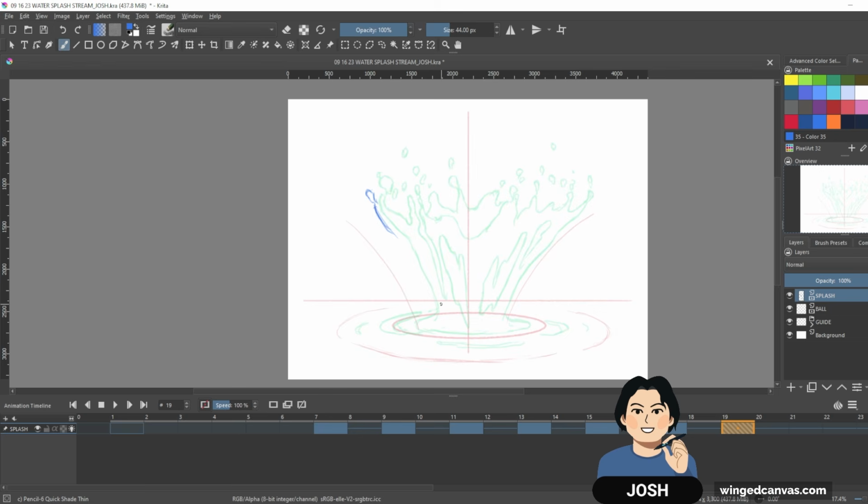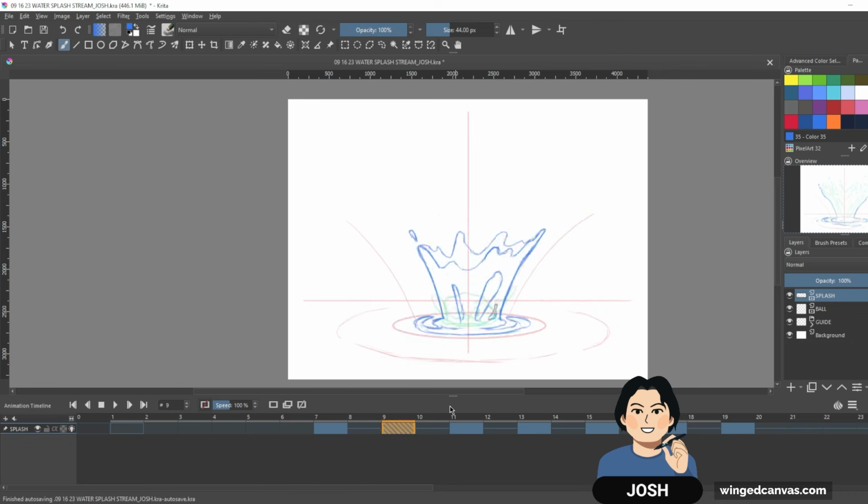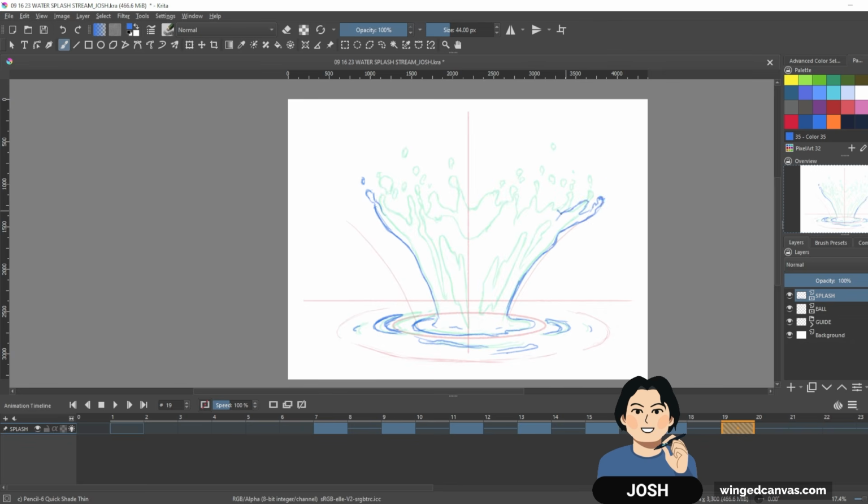I forgot to diminish the ripples as they come out, and I think that's what made it look a little bit too mechanical, was that the ripples were moving at a very, very consistent rate. You'll start to notice that my drawings are getting a little bit messier because I'm channeling the wildness of the water. It's gonna start breaking up a little bit more,